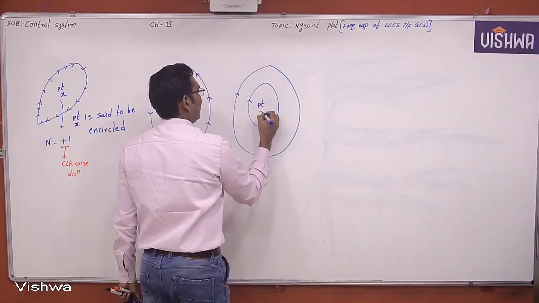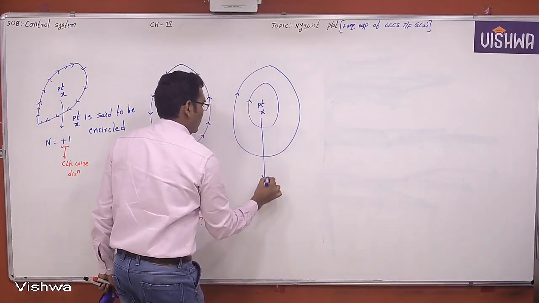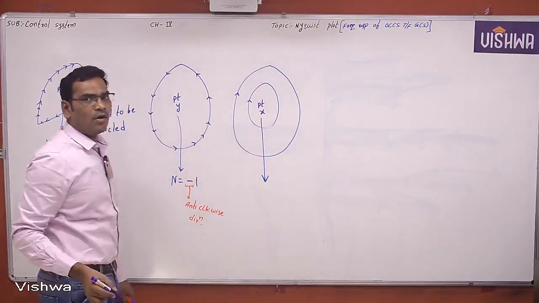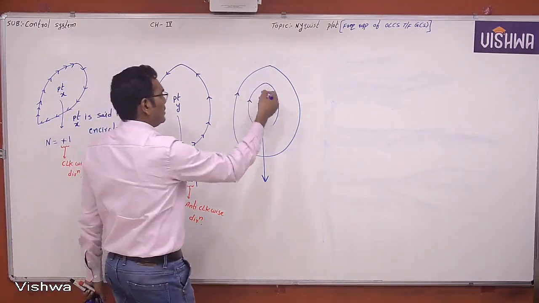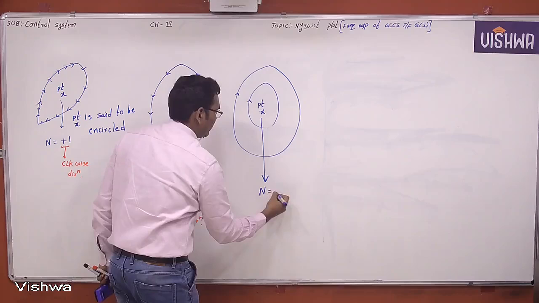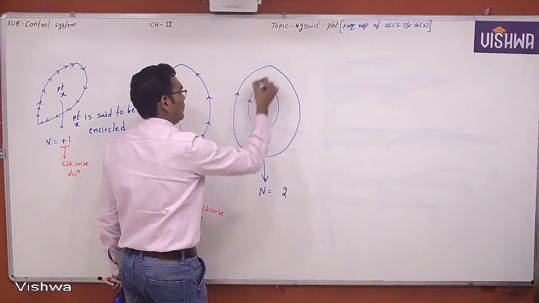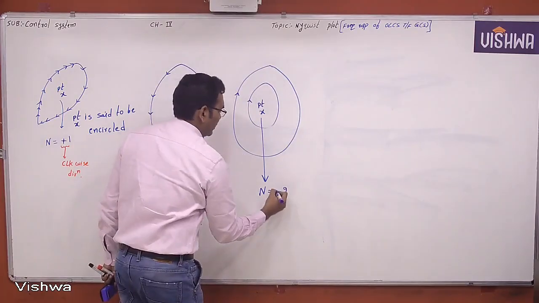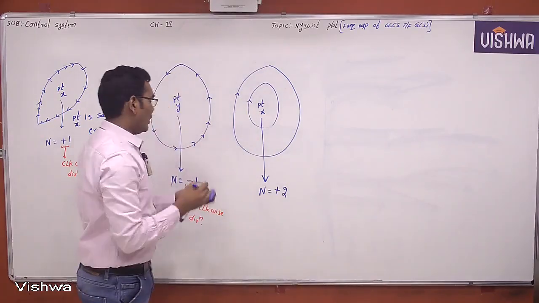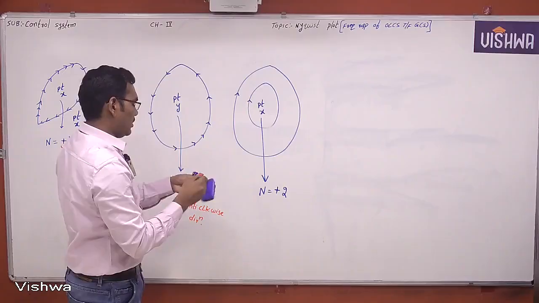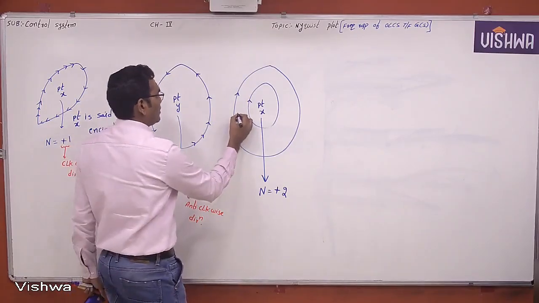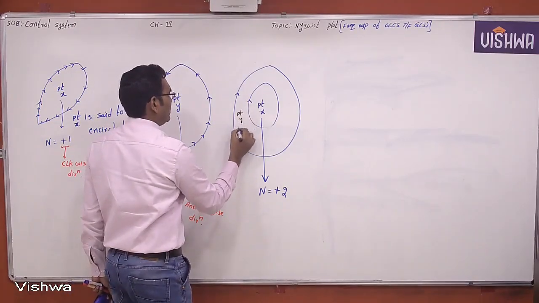Now this is the point X. Point X is encircled how many times? The point X is encircled 2 times, in the clockwise direction. Therefore, plus 2. Now let us take for example, if point Y is here,